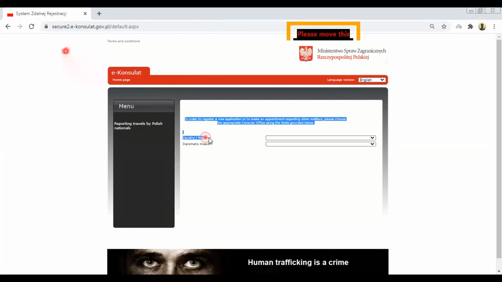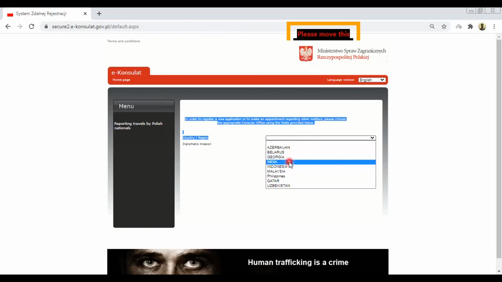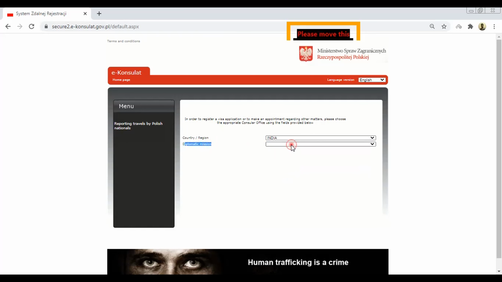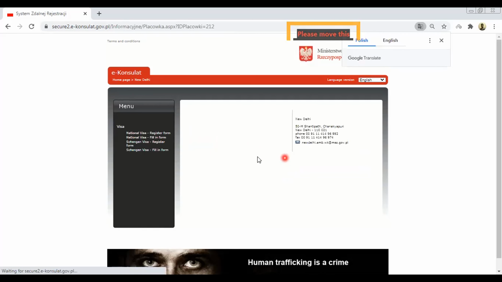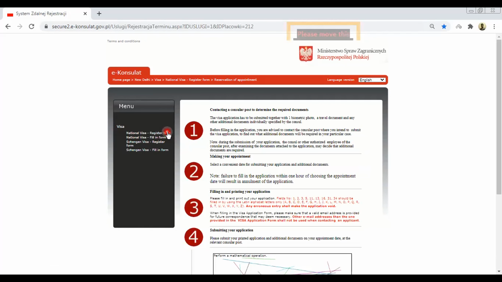Next, you should choose country region. You are choosing India. Diplomatic mission, you are choosing New Delhi. Next, from the visa menu, you should choose national visa register form. You can see it on the left-hand side. After you have chosen it, it will take you to this page